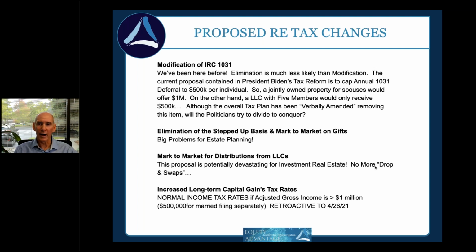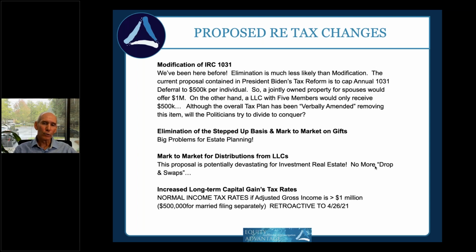So you could be at 39.6 Fed. A state like Oregon, for example, you could have 12 to 15 if Multnomah County gets its way on top of that. So, that gets you to 55, another 3.8. You could be almost 60% tax on that if everything went forward the way they're proposing it. Now, we've got that increase in capital gains tax rate. Like I said, it's proposed to be retroactive to April 26th of 21. I can't imagine they do that, and really, it's another reason to reach out to your representative and say, hey, don't do this. This is going to just stagnate the marketplace, really slow everything down.